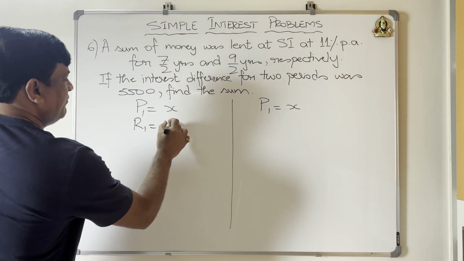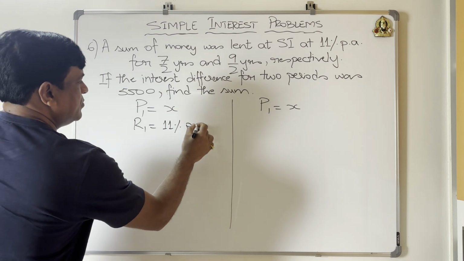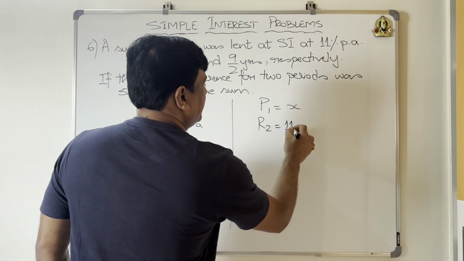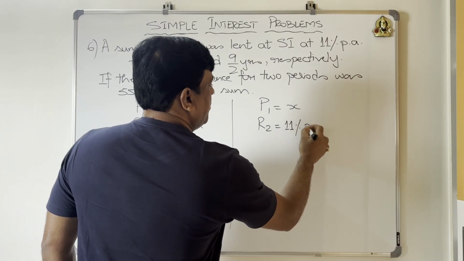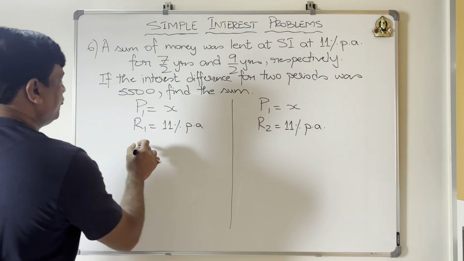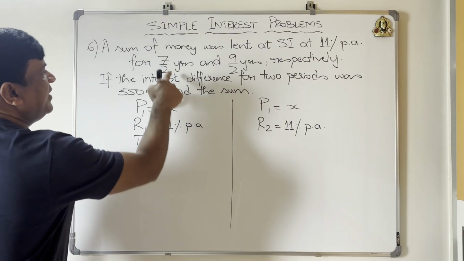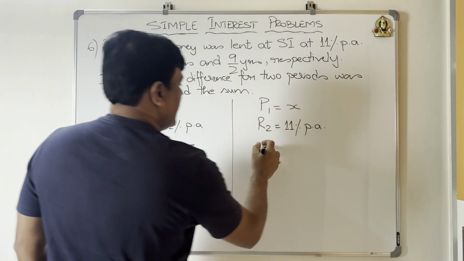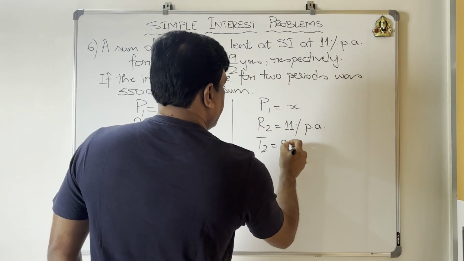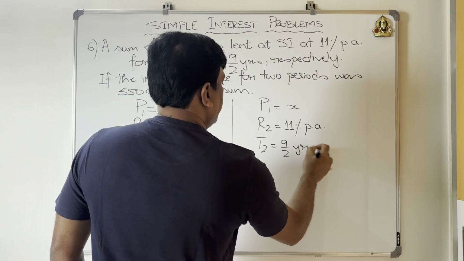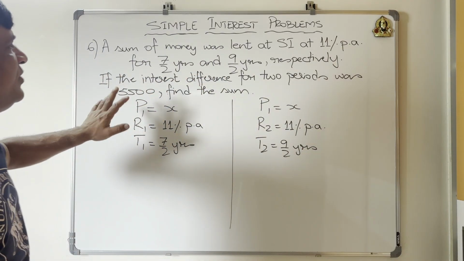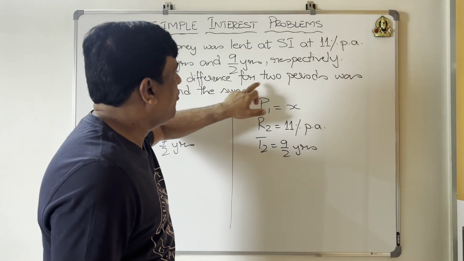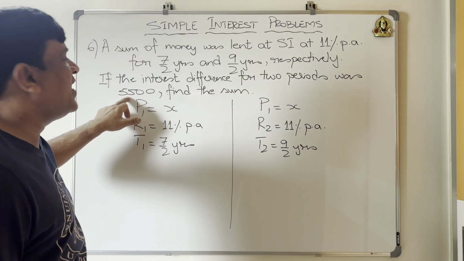R1 is equal to 11% per annum. No changes required. Similarly, R2 will also be 11% per annum, nothing. Okay. So T1, time 1, is 7 by 2 years and time 2 is 9 by 2 years. Okay. And the only condition they have mentioned is that if the interest difference for 2 periods was